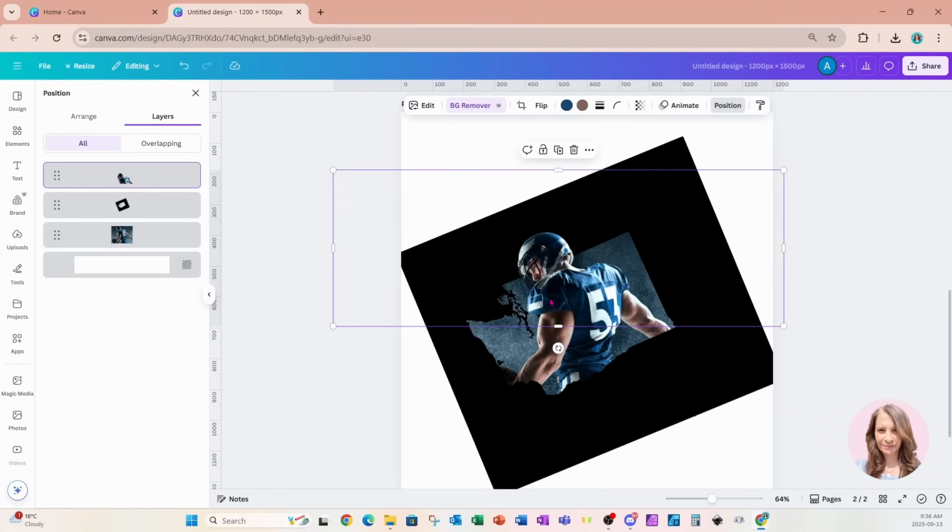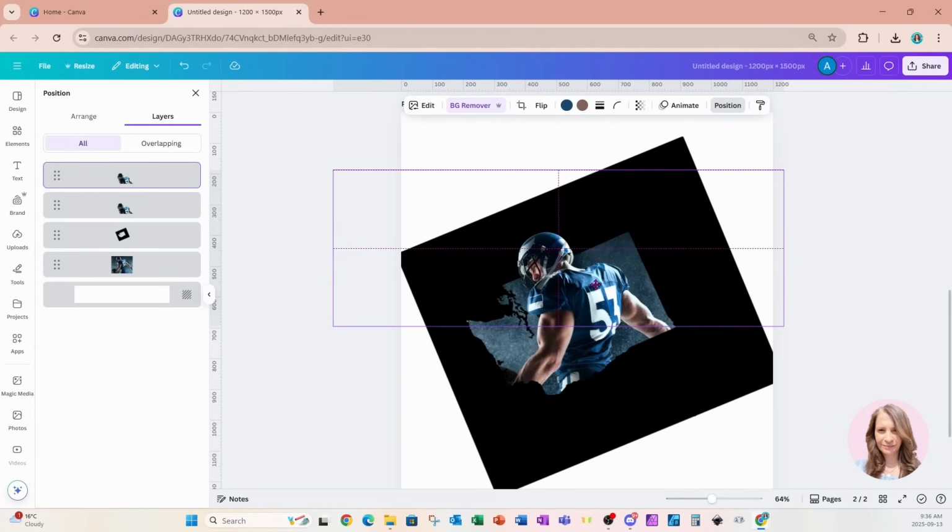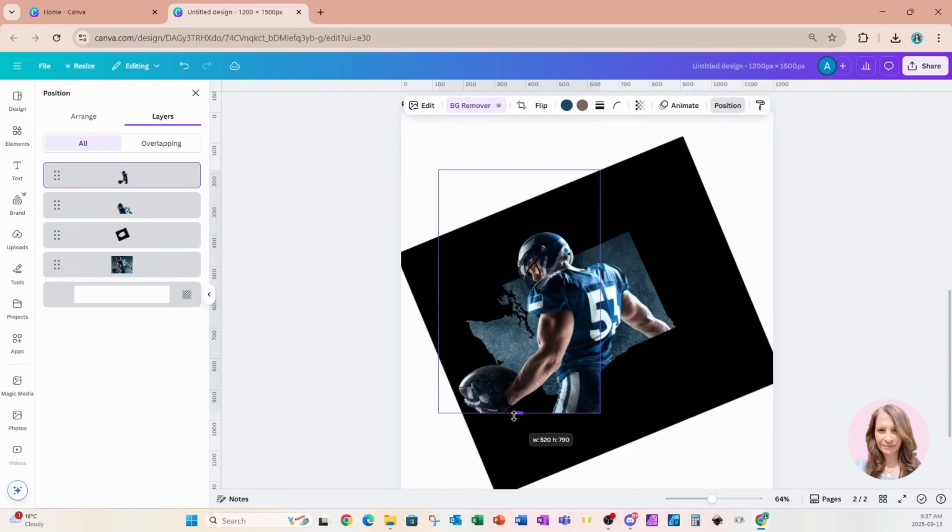Now in this case, I want the arm here to be popping out. And so I'll need to create a duplicate and carefully put it on top and then focus on the arm coming out. So I'm just going to crop the sides and extend it so that the arm and football are coming out. I don't care about this leg, so I'm just going to crop it